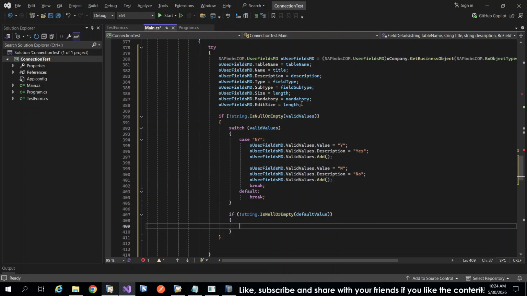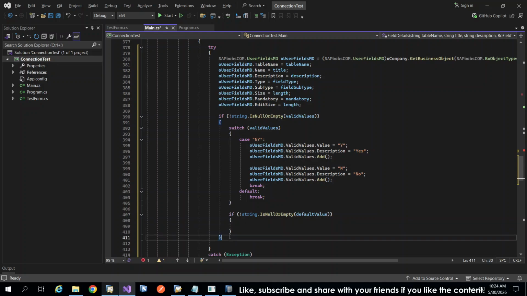If we have valid values, we have to take the default value from valid values. Or if there are no valid values, but there is a default value, then we have to also write that after this, in this if section. For now, what we'll do, if there is a default value, then we'll set that default value. Okay,